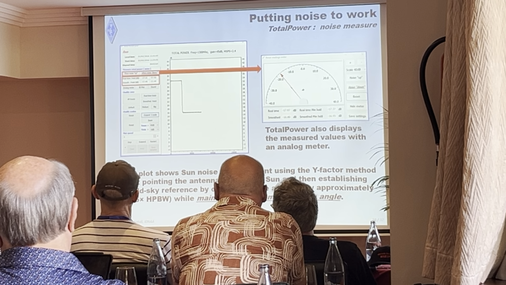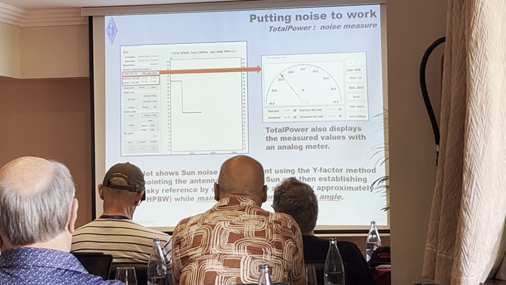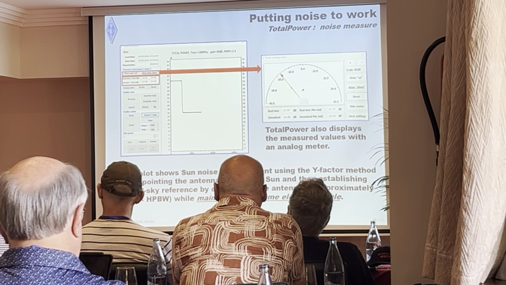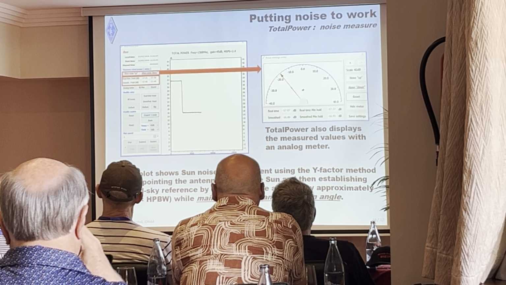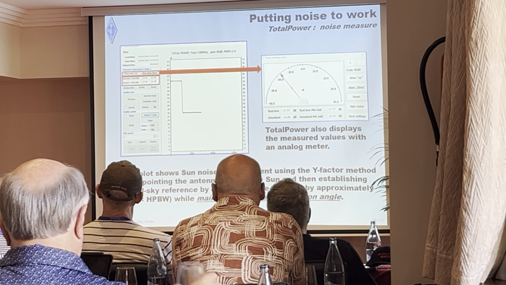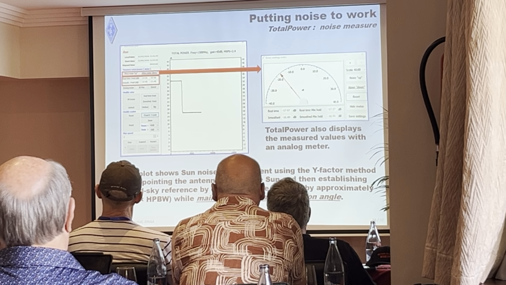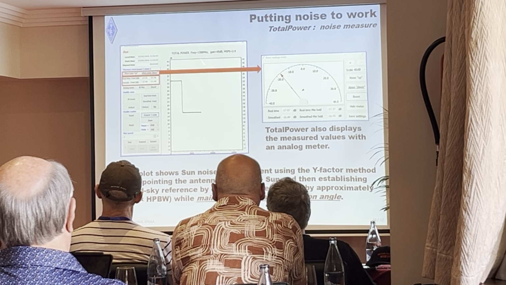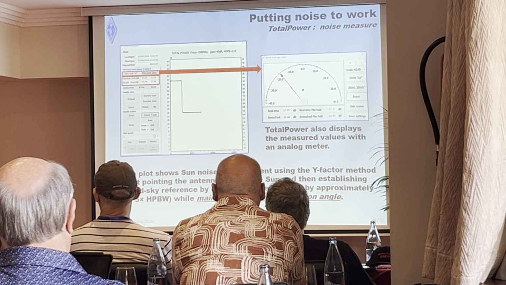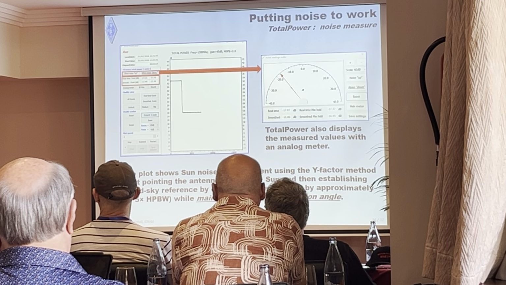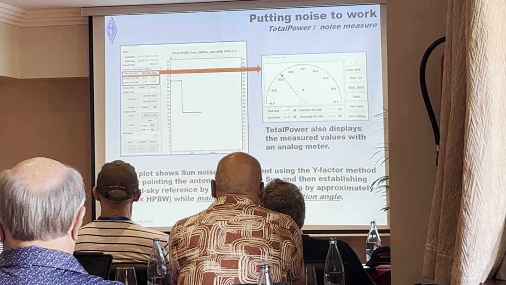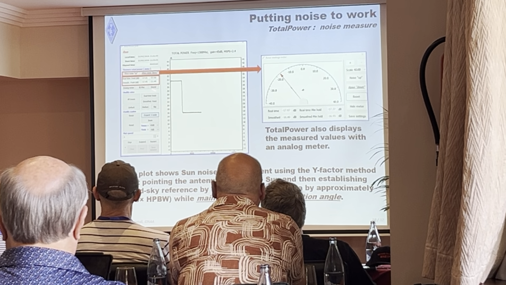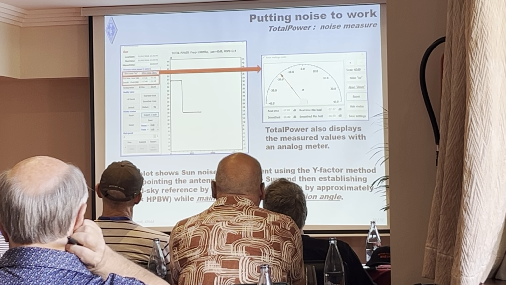You point the antenna to the sun, then we will see how to, Carsten already showed us how to predict the sun noise. Of course, I have another thing to predict the sun noise, but I think that it's exactly like Carsten showed us. This is the main screen of the total power. So when you point to the sun, you reset things, and then you move your antenna away. Automatically, you see both on an analog meter and on the main screen the value of the dB, how the